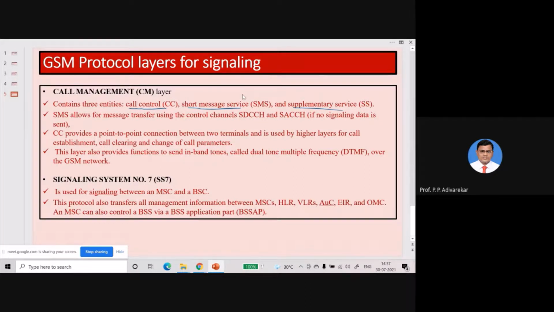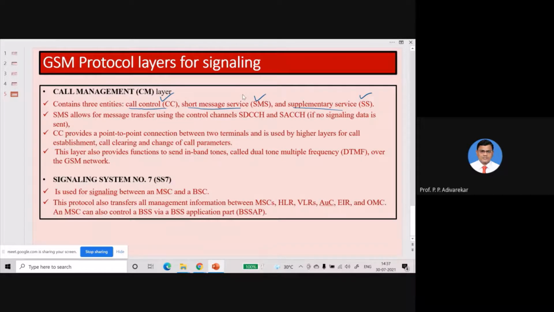These three types of activities can be done by the mobile station, so you require three different connections. That's why three different entities are there: call control, SMS, and SS, that is supplementary services.